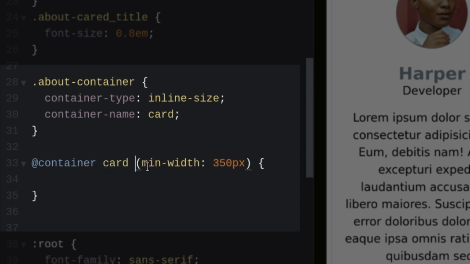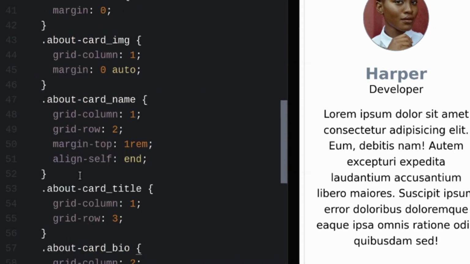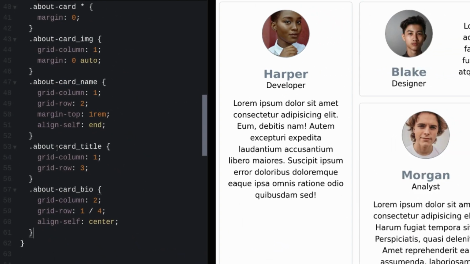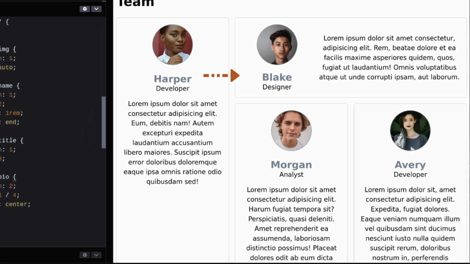Now the styles within our query will only be applied if the card container is a min-width of 350 pixels. Inside our query, we put our edited styles. We've moved the image, the name, and the title over to the side so that we take up more horizontal space and less vertical space.